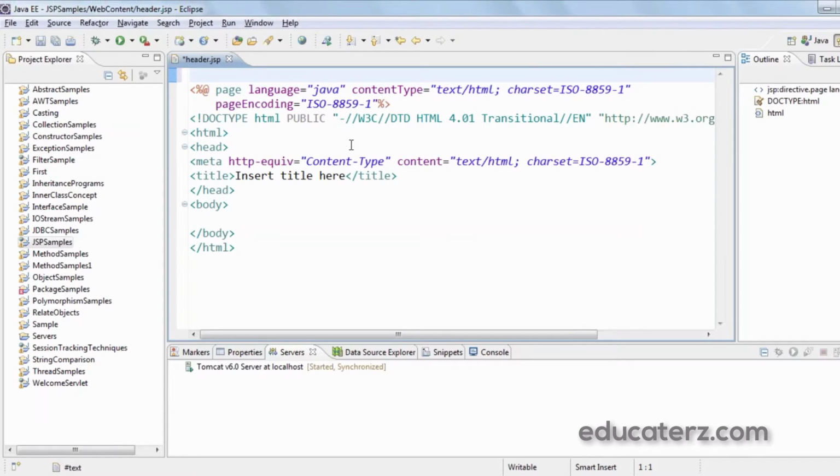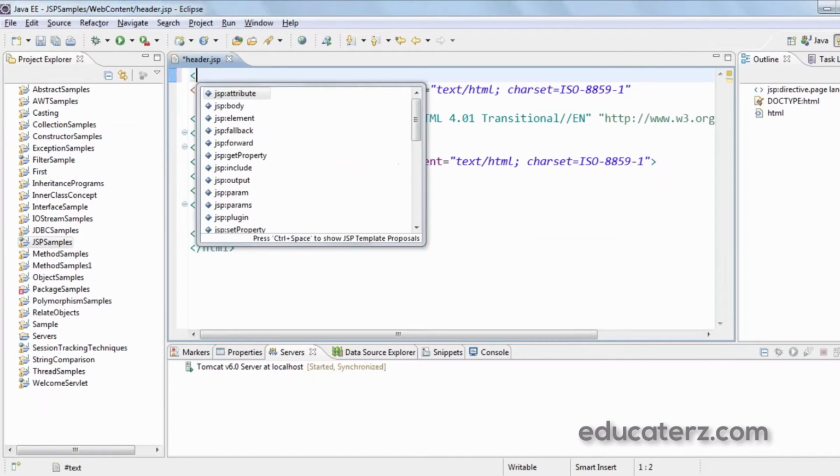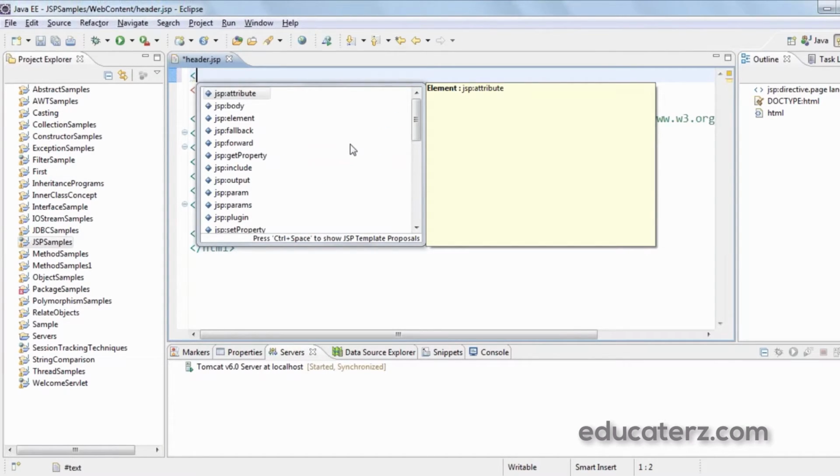In this, I simply write first the Java code to display the number of times the page has been visited.